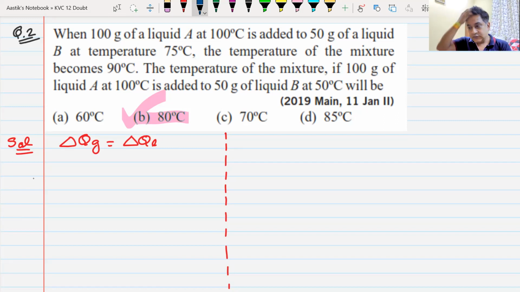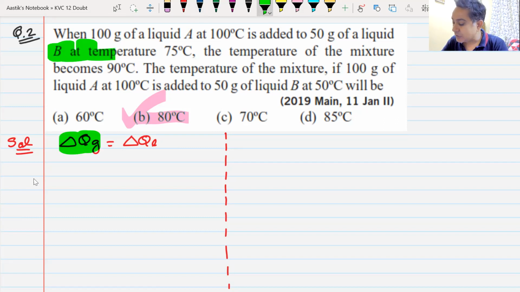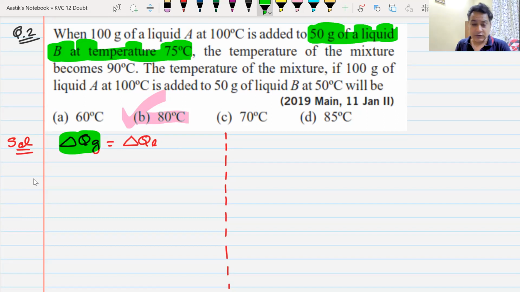Option B. Option B is correct, beta. Let me do it for everyone. Heat gained. Heat will be gained by liquid B, 50 grams of liquid. I do not know the specific heat, no problem. I will write mass as 50 into specific heat of B multiplied by the change in